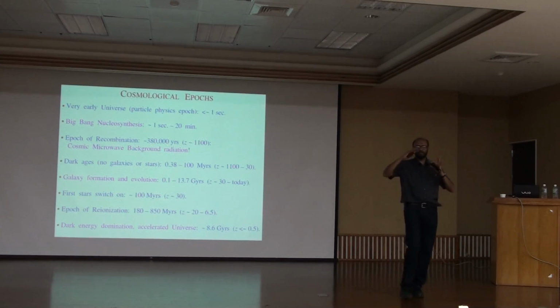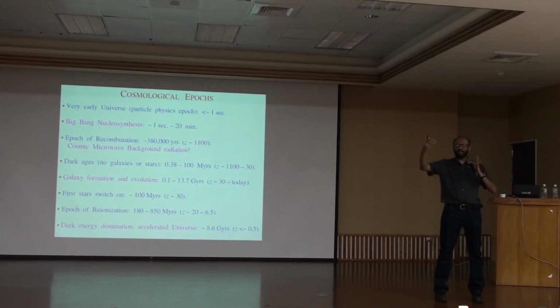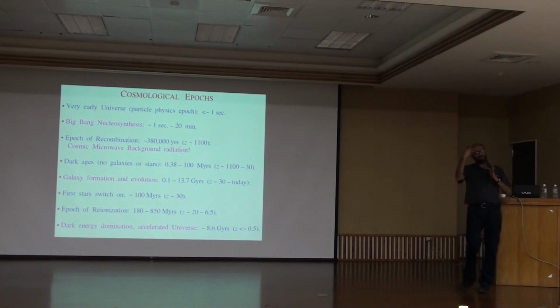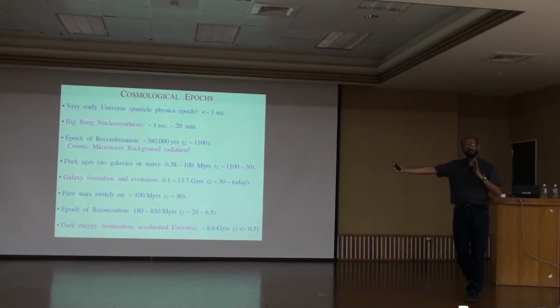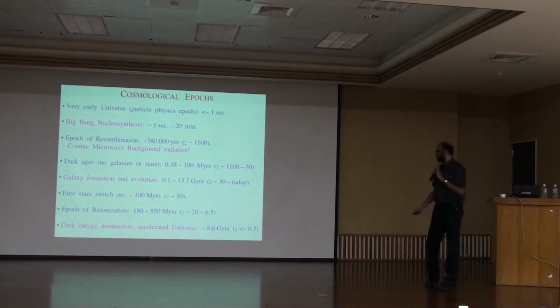But remember, when the universe expands, the matter density is falling. And it's falling like the volume. So if the universe doubles in volume, the density falls by a factor of 2. And so as the universe keeps expanding, the matter density keeps dropping until at some point we think about 8.5 billion years after the Big Bang, the matter density is sufficiently low that this funny thing called dark energy dominates the density. And then the universe starts to accelerate. I'll tell you what the dark energy is in a little while.